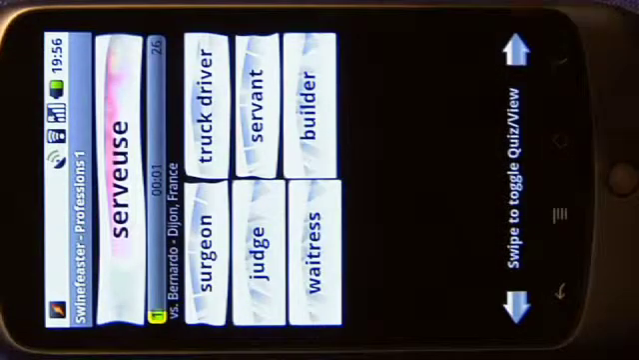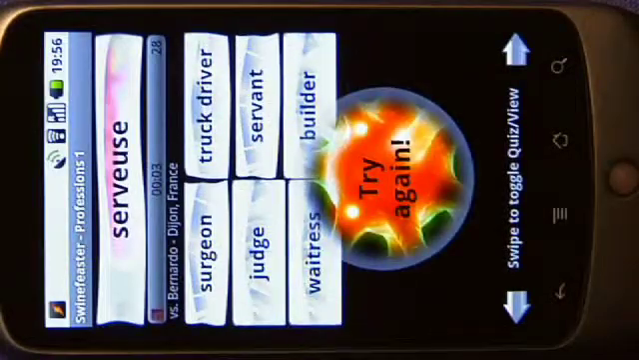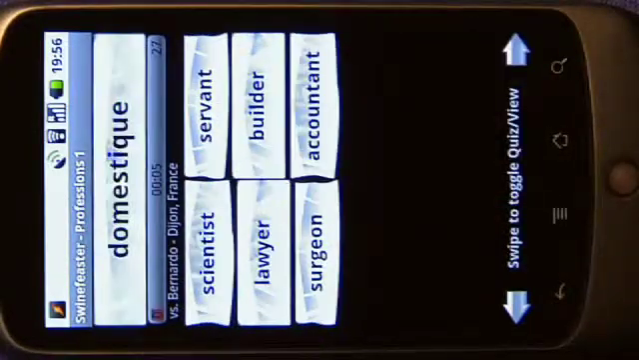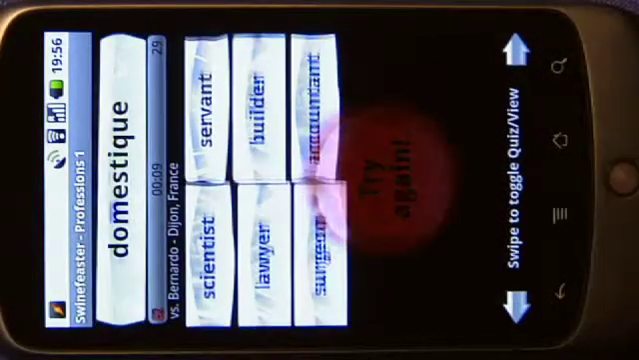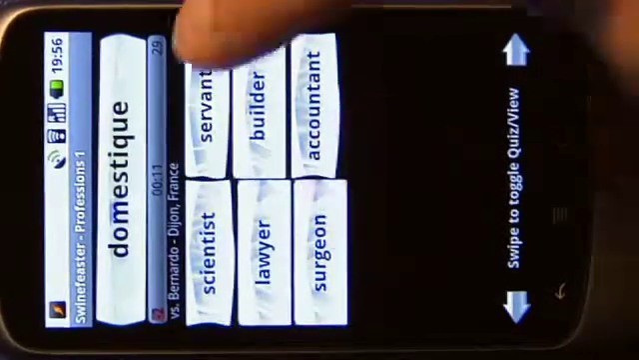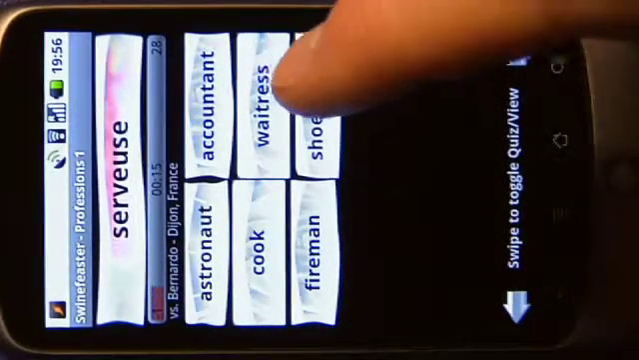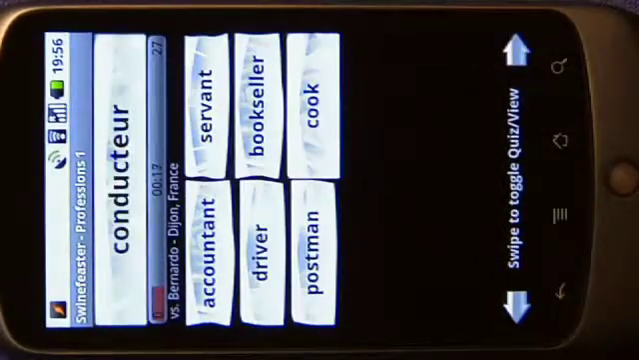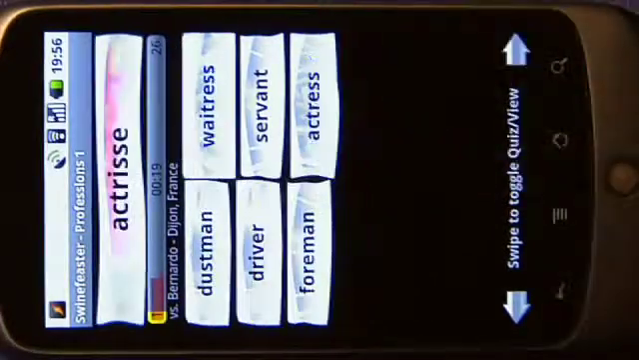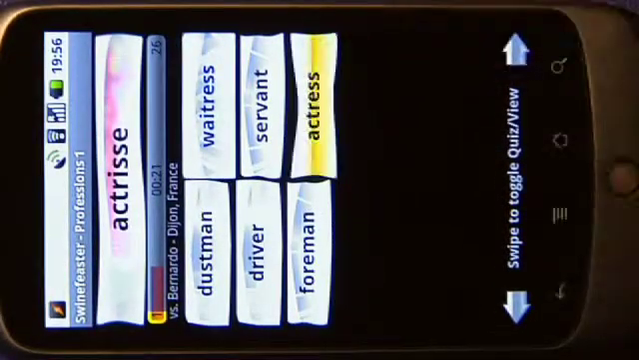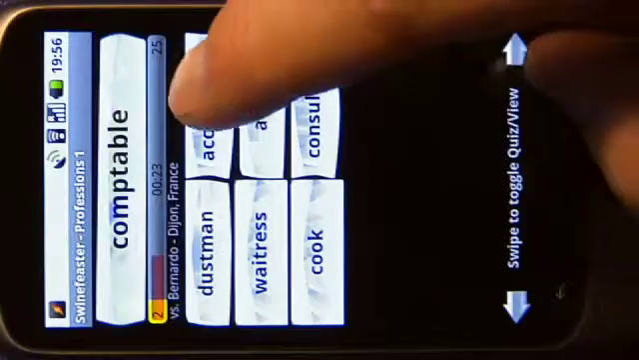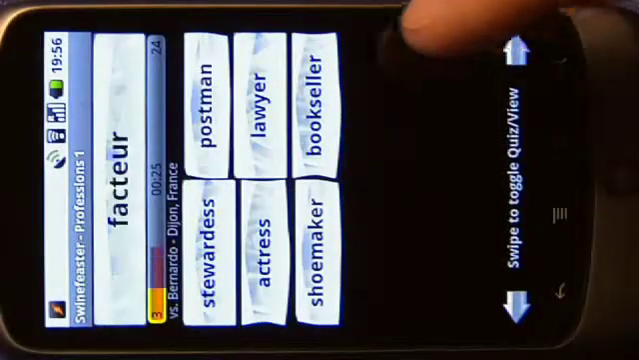Lawyer, serveuse. Whenever you choose a wrong answer, the cue where you made a mistake gets added back into the pile 3 times. This makes sure you know this cue by the time you finish the cue card set, and is a big part of what makes CueBrain an effective learning tool. Waitress, conducteur, driver, actrice, actress, comptable, accountant, facteur,